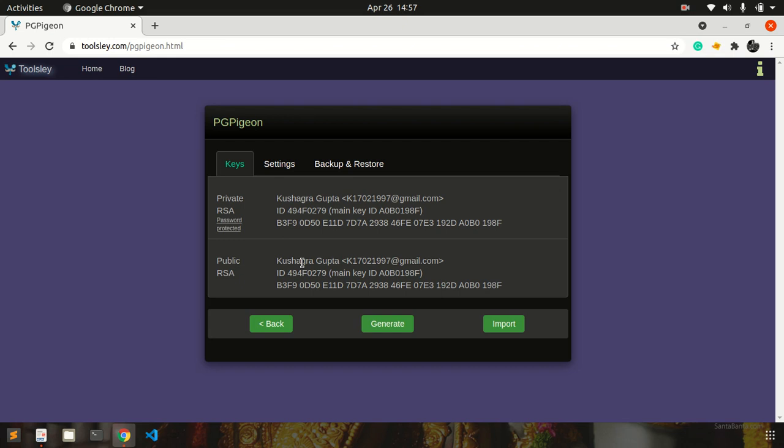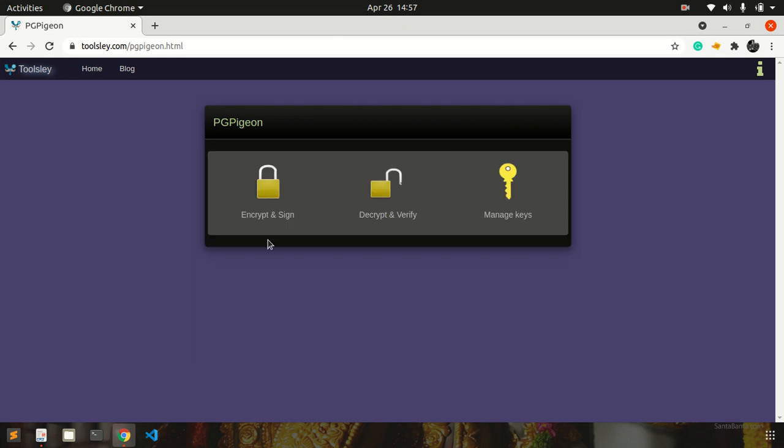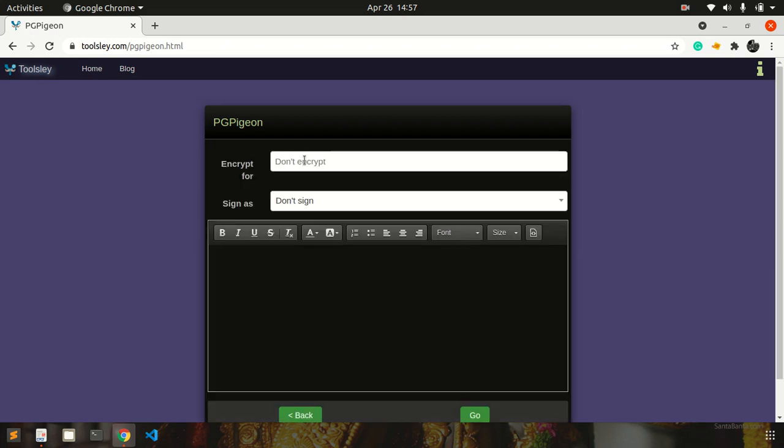Now you have to send a particular message to someone which has to be encrypted, because it should be a secret message that no one should understand. So you can click on encrypt, and select these two things which you generated in the key section. After that, type something like cyber forensics and click go.